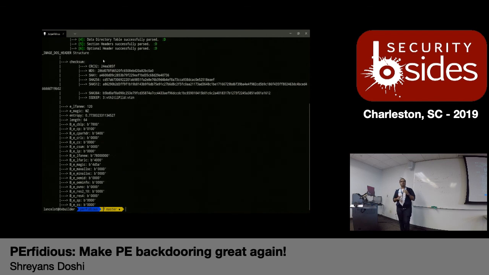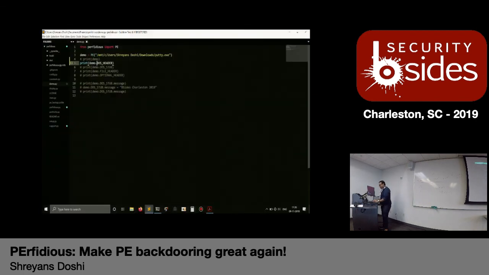Why would you want individual checksums for various data structures inside the PE file? Anyone? Yeah, so you could use it to detect at a specific granular level which part of the PE file has been changed. You can use this to detect injections in various parts of the PE file. So this is one of the things that it can do.